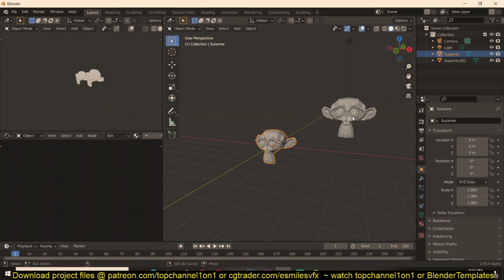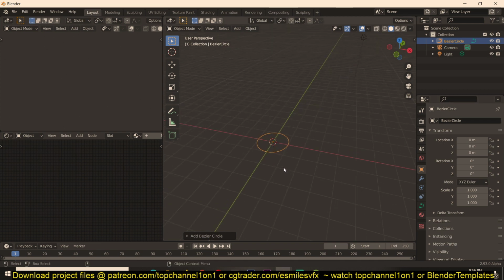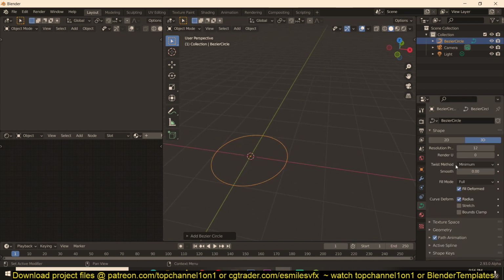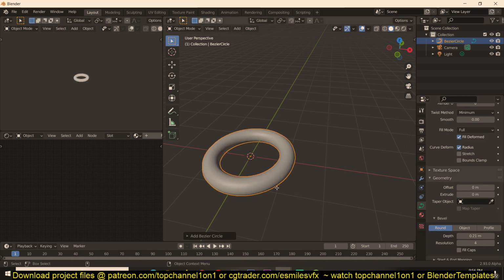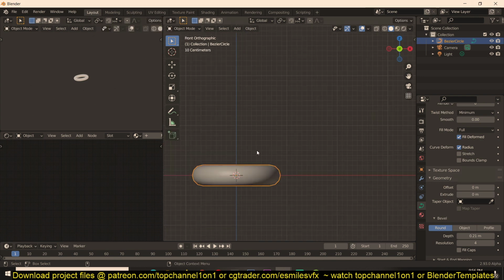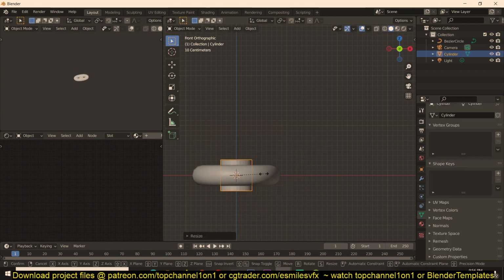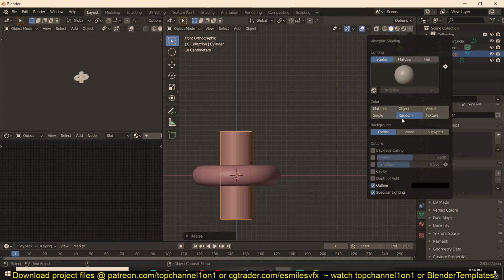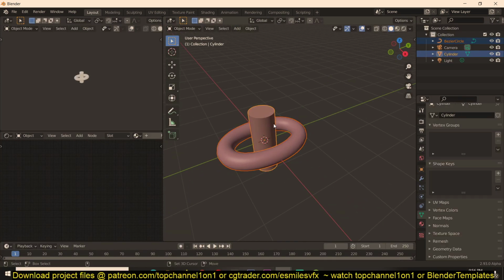So, for example, let's use this here, a circle, and I just give it some extrusion. Just go to edit mode, make a few changes, and maybe add a cylinder like this. Let me turn on random colors just so we can see everything much better. So if we have two objects like this and then give them a new collection, I'll just call it C,